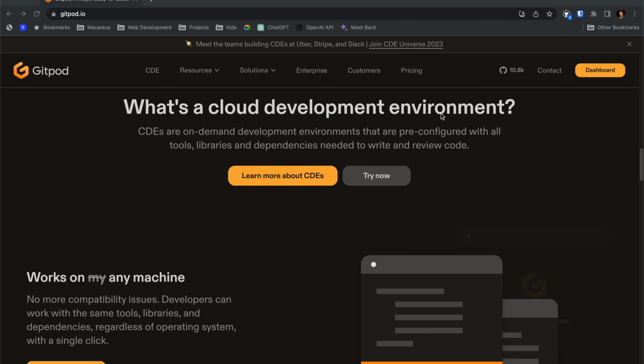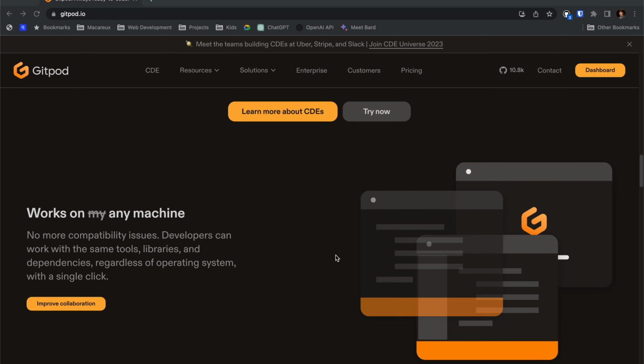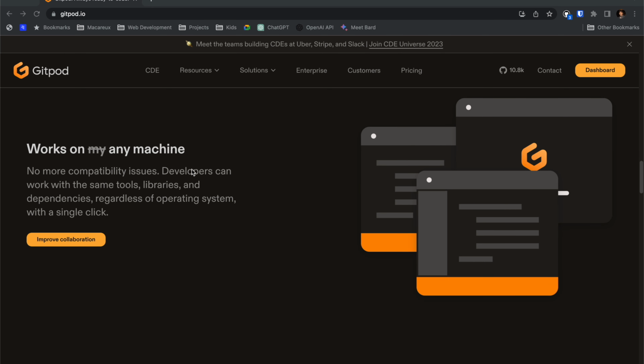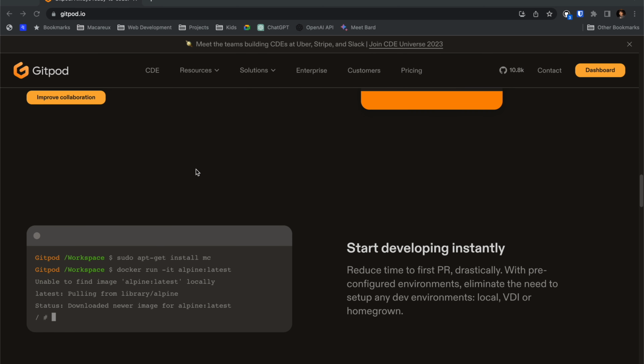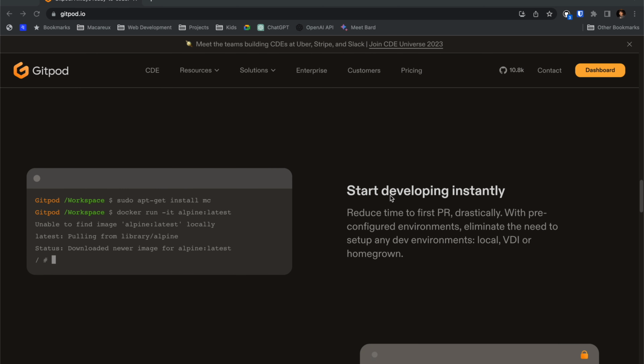And what's a cloud development environment? You can check this later, and it works on any machine, not only my machine or your machine. It works on any machine. Start developing instantly,